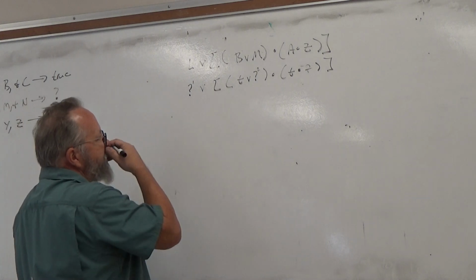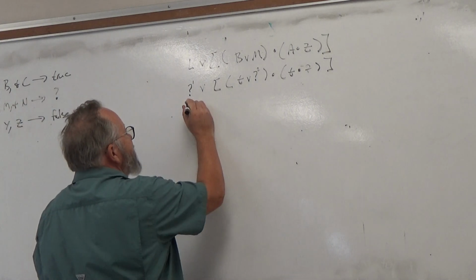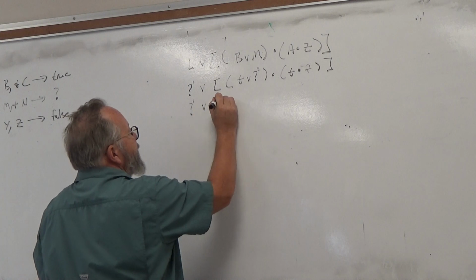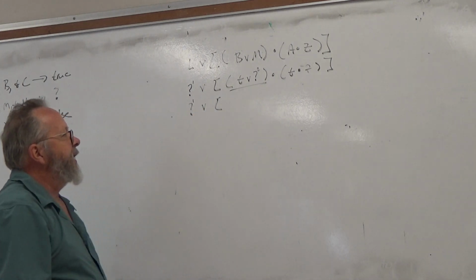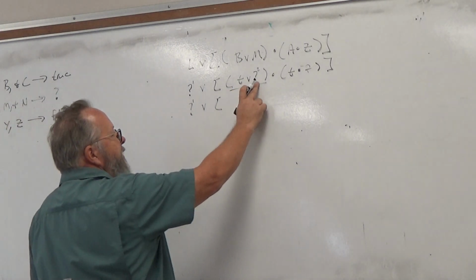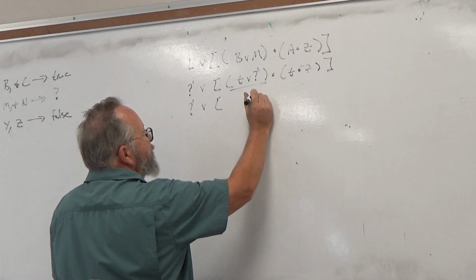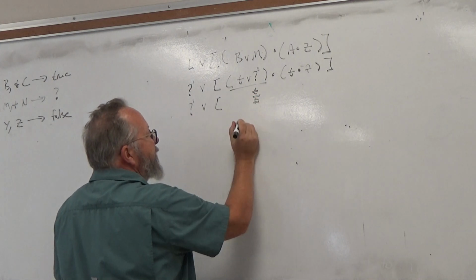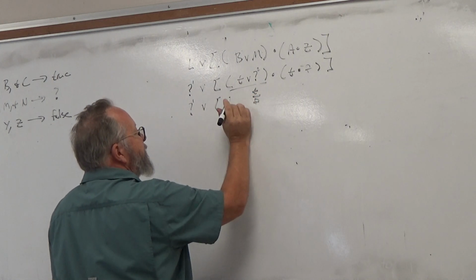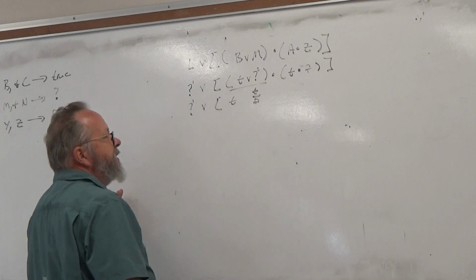Okay, so we need to work from inside the brackets out. So the very first thing that I could work on is this. Okay, so this unknown could be true on the one hand, or it could be false on the other. Okay, but this part is always true. So let's think about what happens